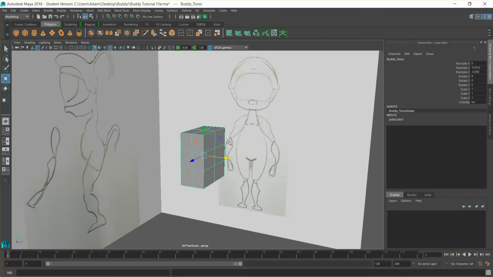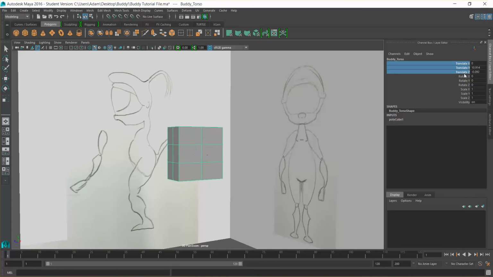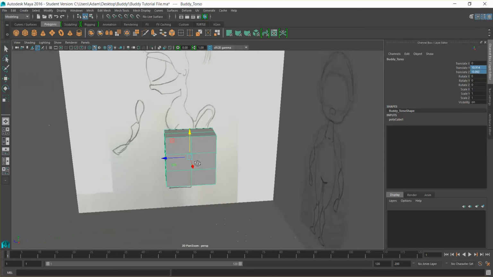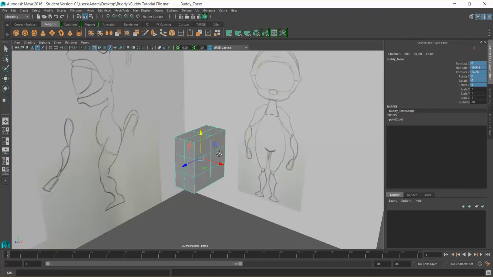Okay, and there's a special kind of duplicate that will allow us to reference the one side and do it on the other. Now, the first thing I want you to notice is that these are not at 0. I want this point in space to be its home point. So to do that, we need to freeze all of this information back to default, so it treats this spot in the physical space